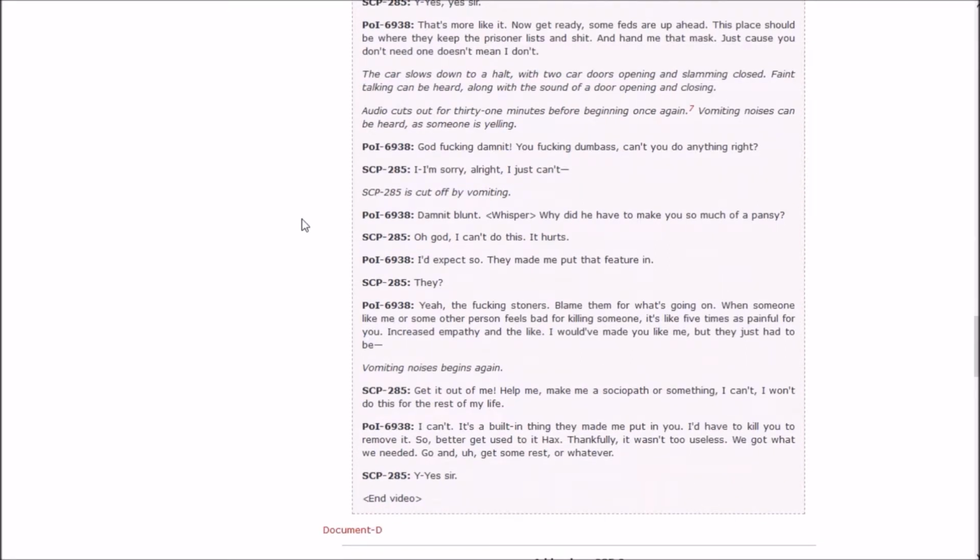I'd expect so. They made me put that feature in. They? Yeah, the fucking stoners. Blame them for what's going on. When someone like me or some other person feels bad for killing someone, it's like 5 times as painful for you, increased empathy and the like. I would have made you like me, but they just had to be...